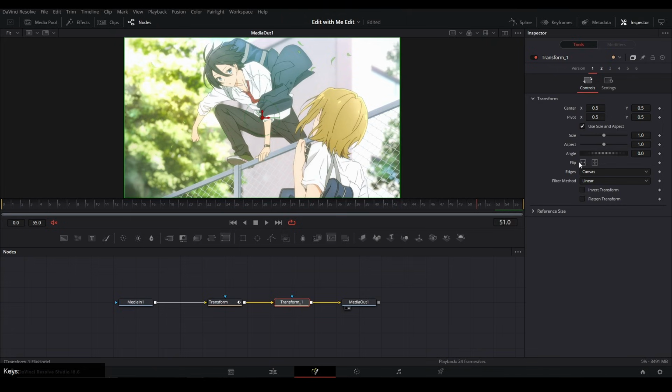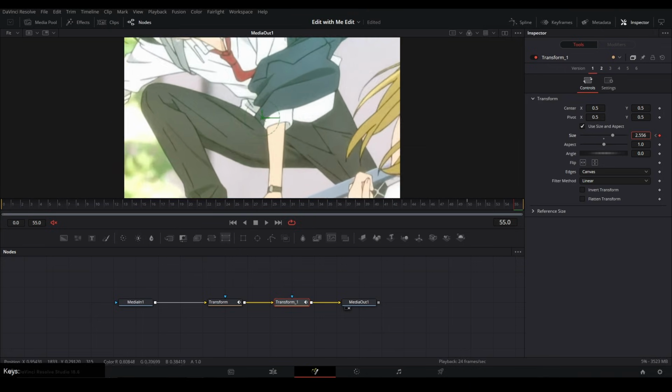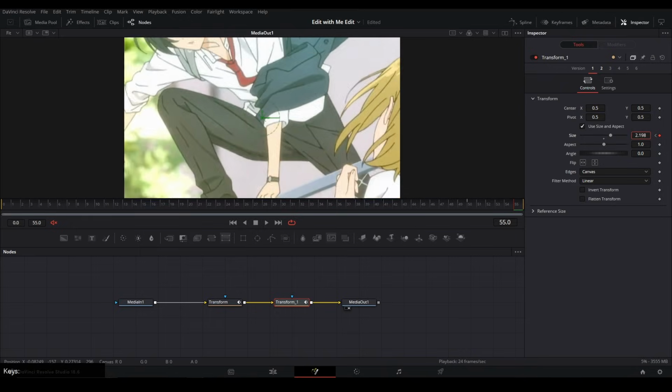1, 2, 3, 4, 5. That's 1/4 of a second, basically. And we're gonna keyframe this here, and then we're gonna go to the end again, keyframe again, but this time we're gonna zoom in, and instead of typing the number that we want to put in there, we can actually just click and hold, and then drag this to the right. That'll allow us to zoom in, going left to right, dragging with our mouse